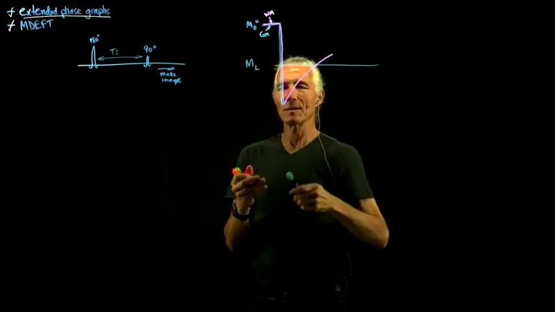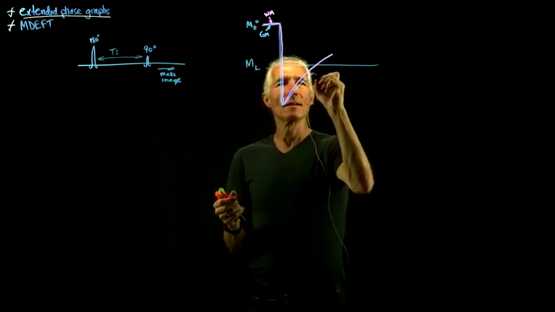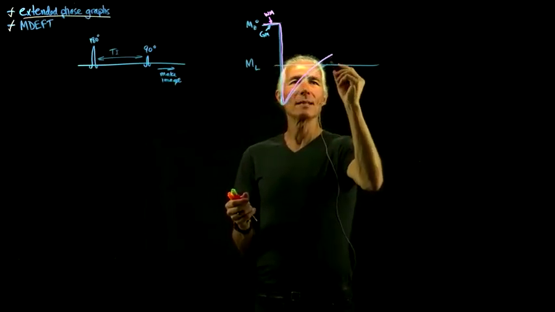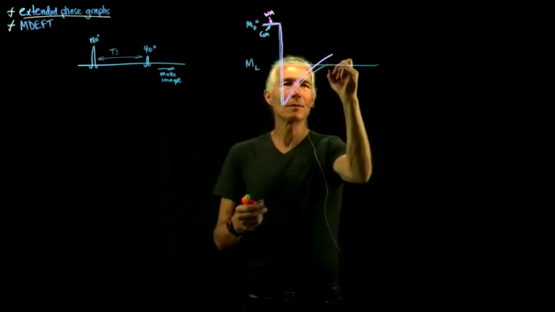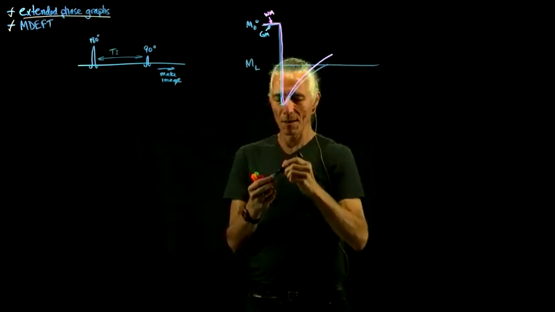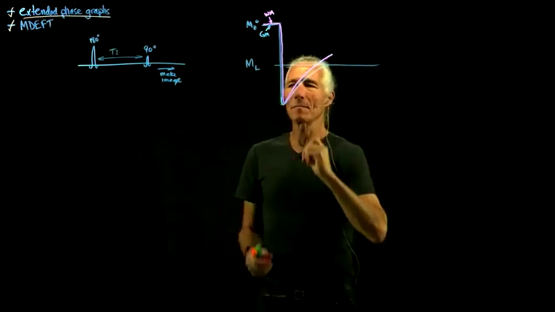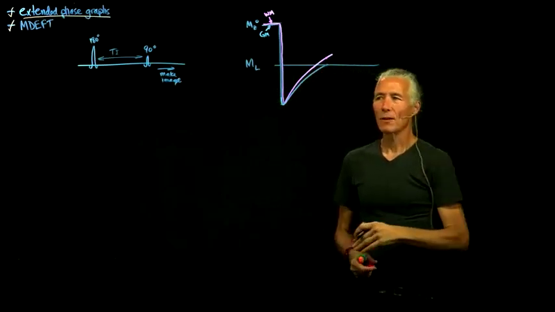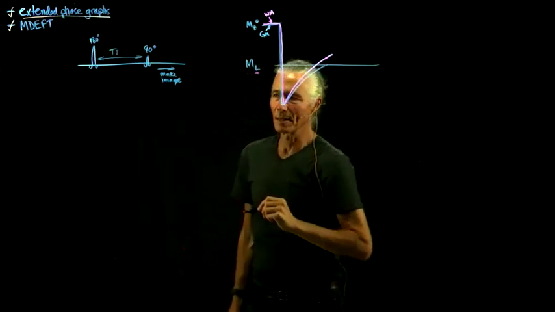I'm exaggerating the difference, but gray matter is recovering slower. If you can arrange to have enough time so that the gray matter reaches 0 and the white matter has some longitudinal magnetization, remember, this is longitudinal, so it's just the Z,